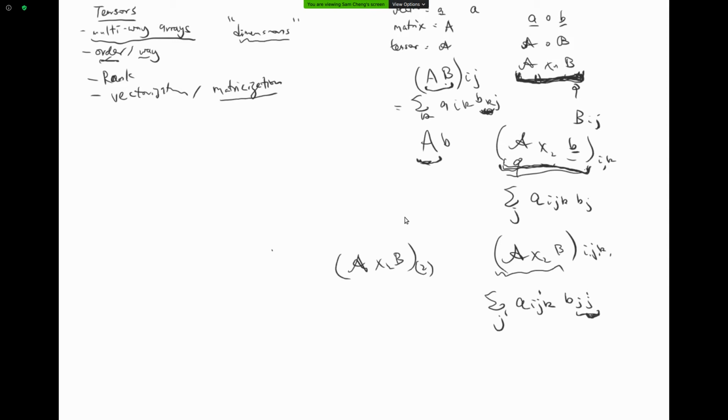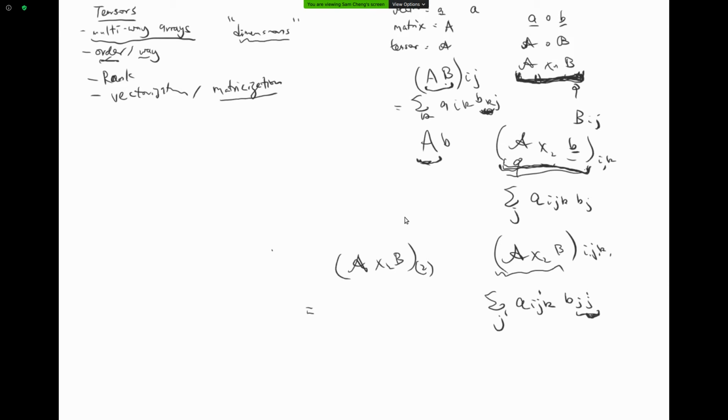The mode 2 matricization means we are stacking all these mode 2 fibers of this tensor to form a matrix. And this will be equal to, actually, it's very easy to verify that it will be equal to